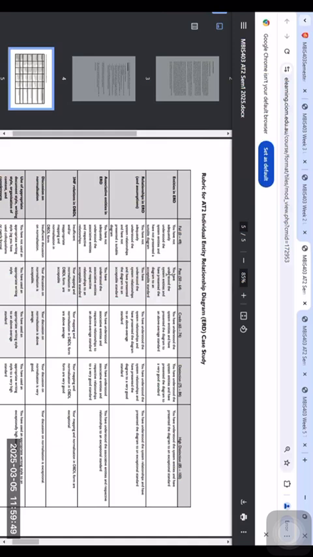But make sure that you have the associative entity in place. And you have, I think, two associative entities for the case study. And if you can see the rubric, if you don't specify them, you are losing marks. So make sure you have the associative